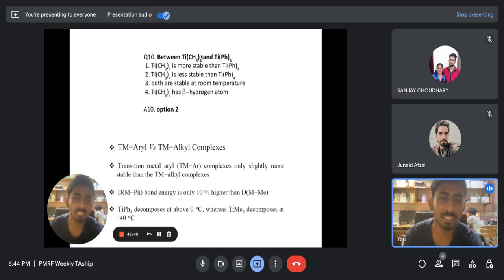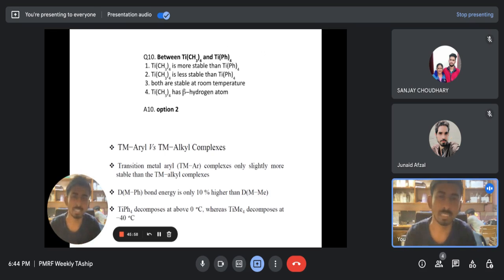This phenyl is aryl and this methyl is the alkyl group. Now transition metal alkyl groups are actually less stable than the transition metal aryl groups. The answer is quite simple in nature. You see, the aryl groups are having carbon in sp2 hybridization, but the alkyl groups are having carbon centers